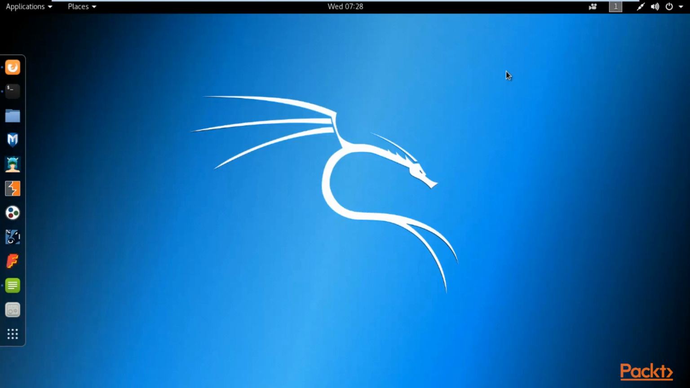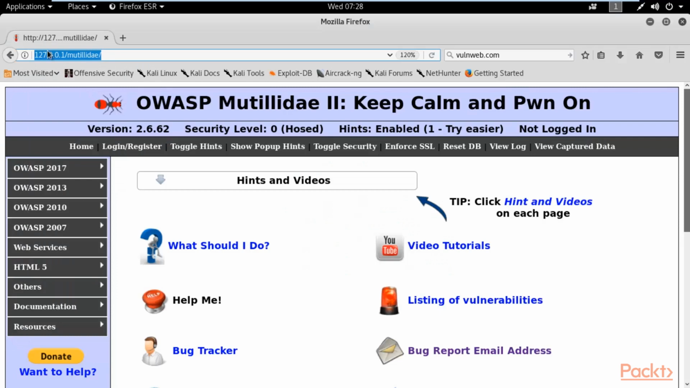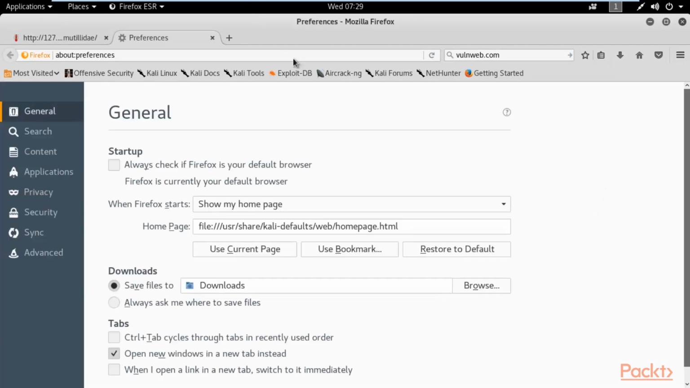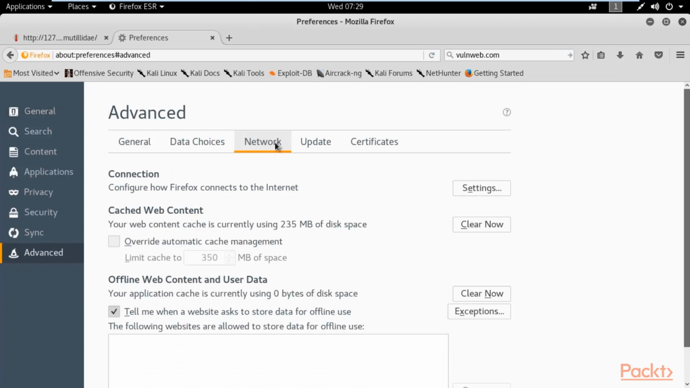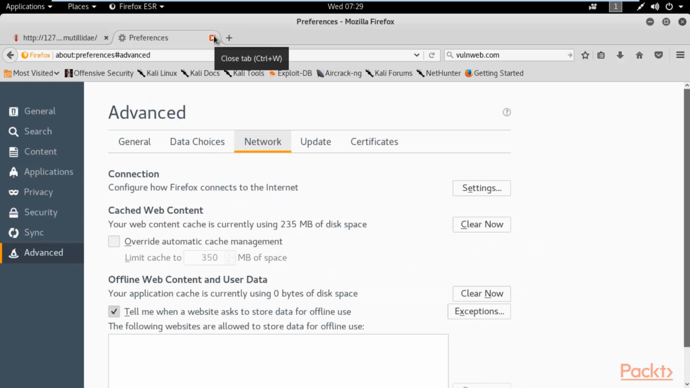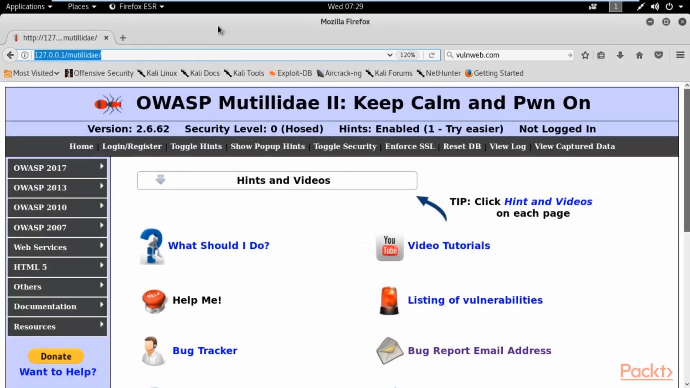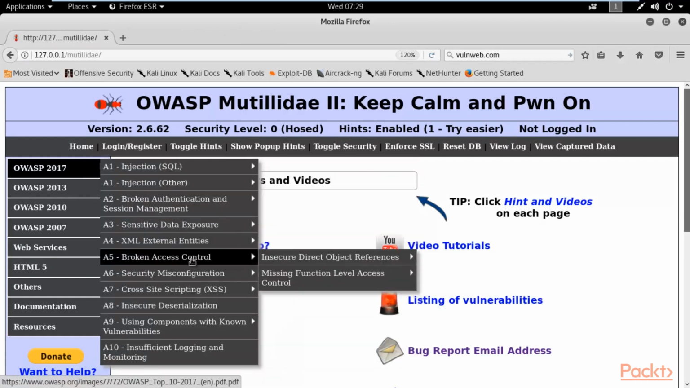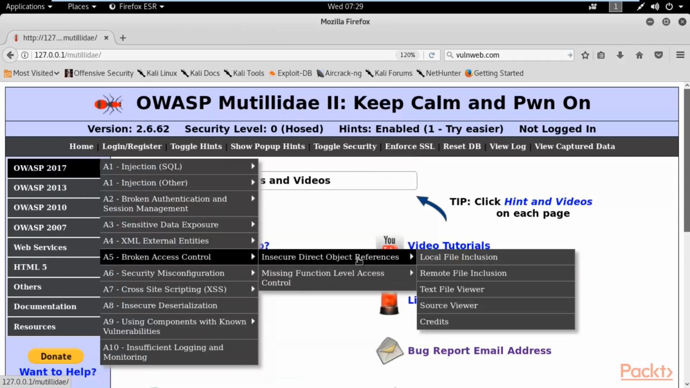Here we are at the Kali Linux operating system, and in the browser I have opened Mutillidae, and we are at the home page. First of all, you need to check your proxy settings. Go to advanced, network, settings. It was manual before, so change it to use system proxy settings if you are getting any problem, and then you can open Mutillidae again. Now you can select 2017 OWASP, come down to broken access control, insecure direct object reference, and